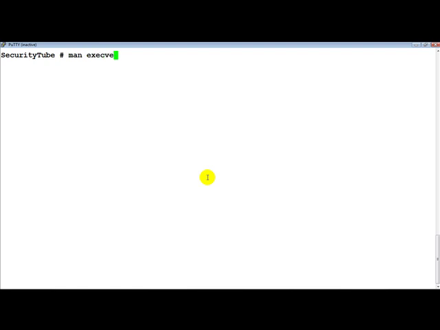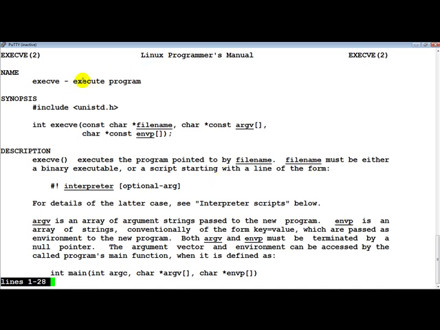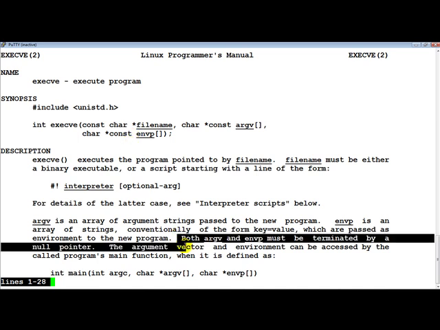So let's do a man. So execve is going to execute a new program and go ahead and overlay the parent program's memory with this new program. So what is the input execve takes in? The first is a pointer to the file name of the program to be executed. The second is actually an array of argument strings which need to be passed to the program. The third is an array of argument strings for the environment. Now the important part to note here is that both argv and envp need to be terminated by a null